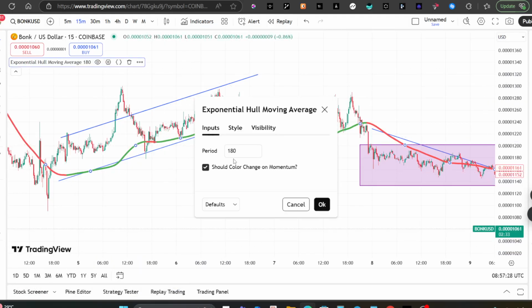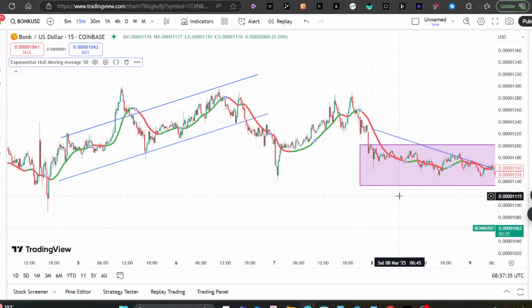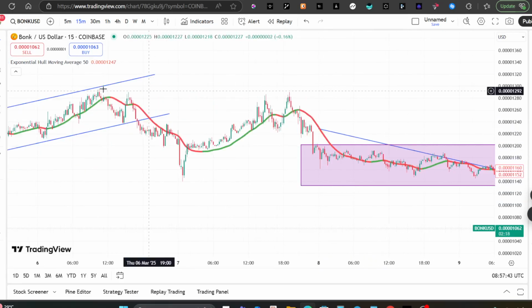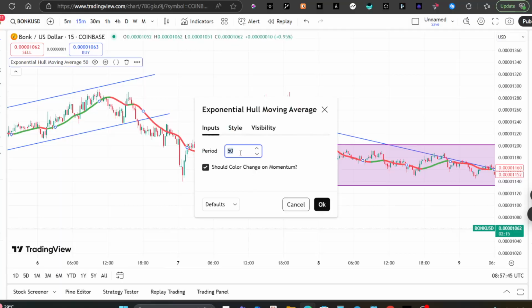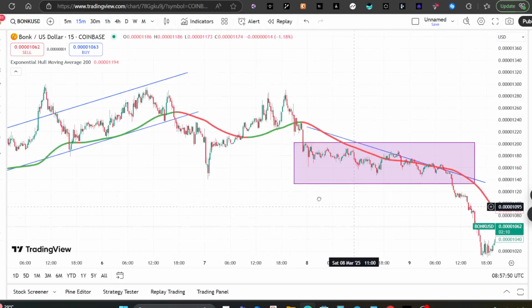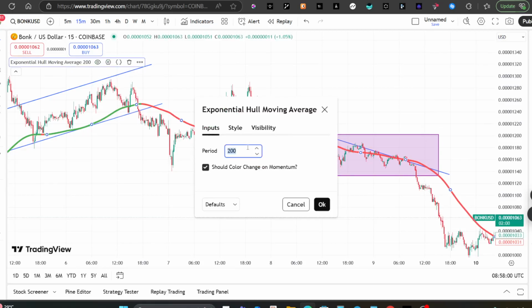Let me just show you what I mean by the higher the period, the smoother the indicator. Let us use 50. You're going to see how this is going to react now. Can you see? The lower the period, the faster the indicator is going to react to price change. So you can see that the 50 period EHMA is reacting faster to price changes. But when you are using something like 200, you're going to see that it smoothens out. Can you see? It smoothens out. So it depends on your trading style. That's what's going to determine the value you're going to use for the period here. Okay,